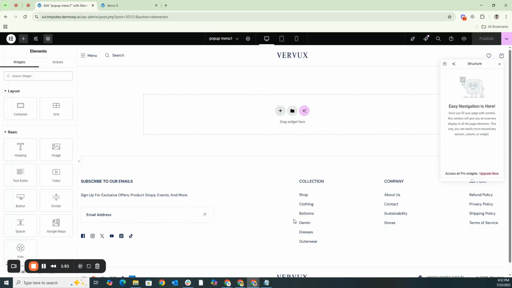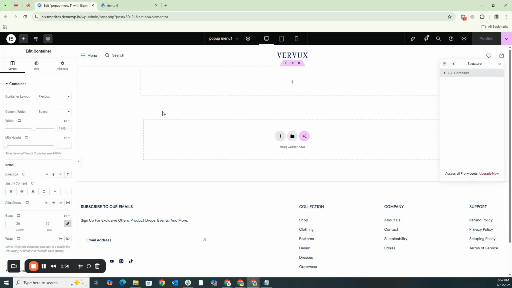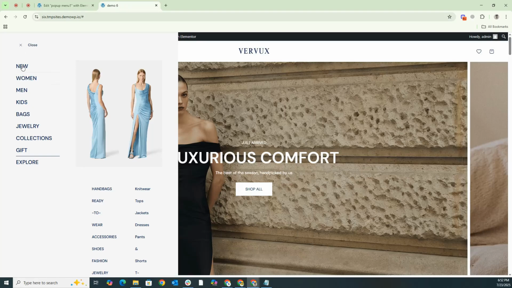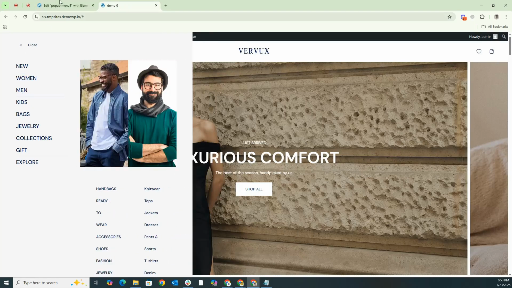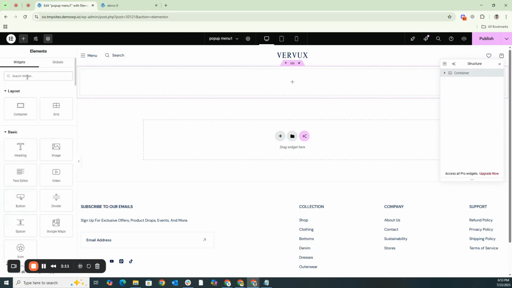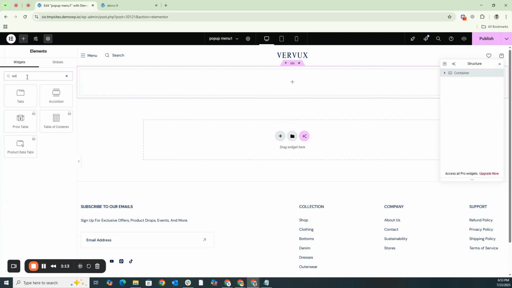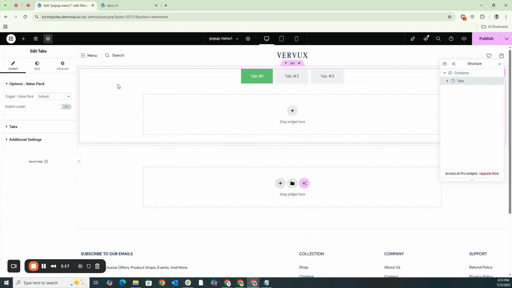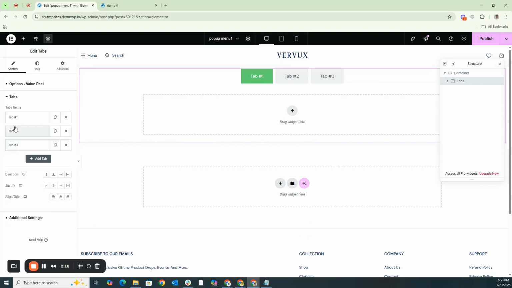Once we are successfully within Elementor, we can creatively design the pop menu however we like, adding various elements and styling options. So let's now see in detail how we can effectively build such a menu. We'll comprehensively show you how to create a complete and fully functional menu from start to finish. First, we will carefully take a container element and set its width to full width to occupy the available space. As you observed in the initial demo, we have multiple distinct tabs within our pop menu.